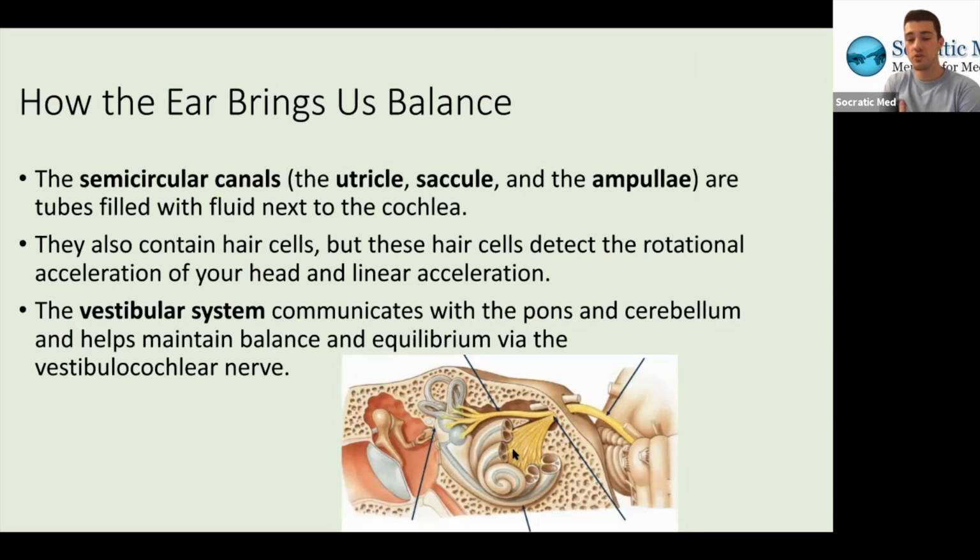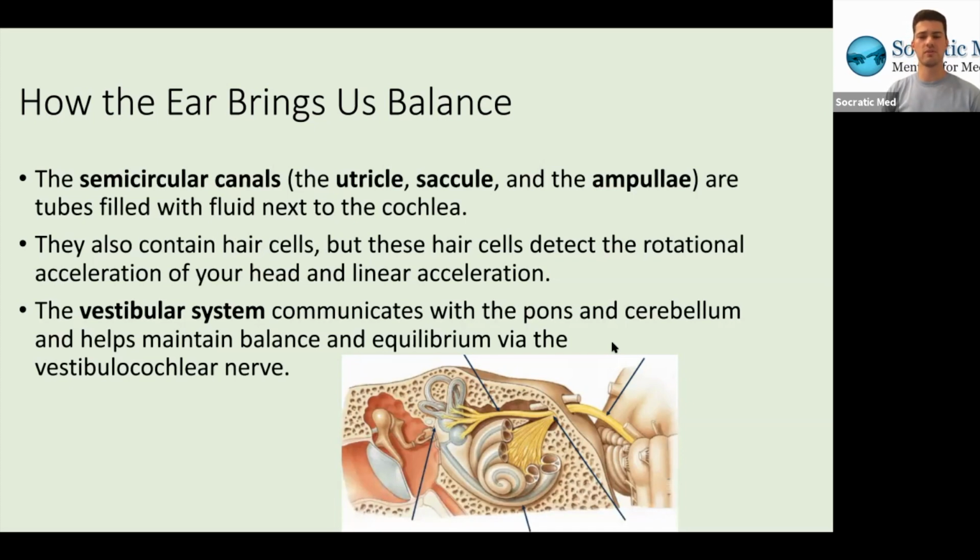Sometimes it's called the auditory nerve. Sometimes it's called the acoustic nerve. But these signals actually get transmitted to the brain through this same pathway once they converge. So we just call the entire thing the vestibulocochlear nerve. And the vestibular system communicates with the pons and cerebellum, and it helps maintain balance and equilibrium via that vestibulocochlear